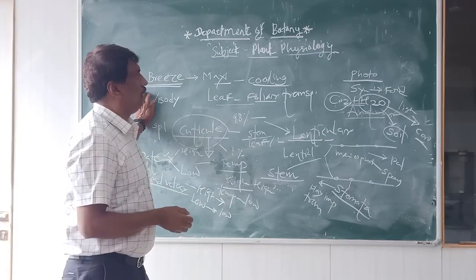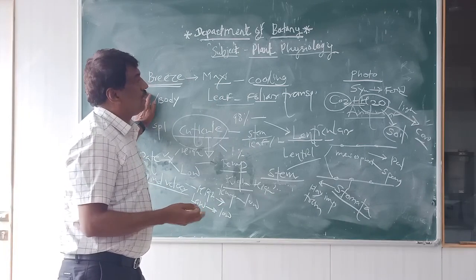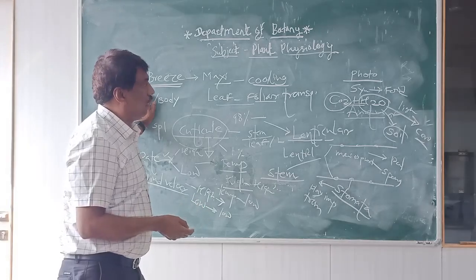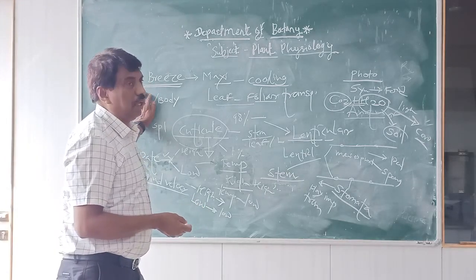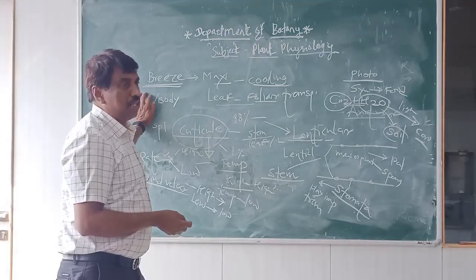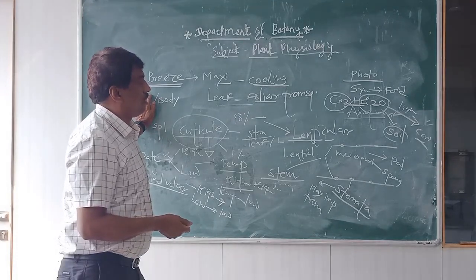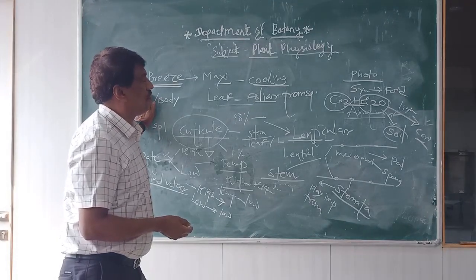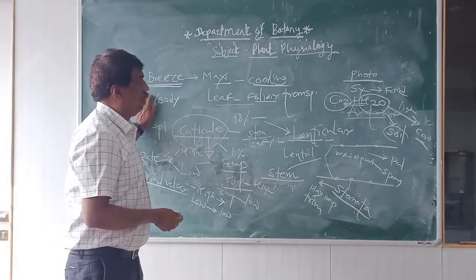There are certain plants in which the rate of transpiration is too high or extreme, whereas the plants which grow in scarcity of water, or the plants that grow in desert, in those cases the rate of transpiration is restricted. So in plant physiology, transpiration, respiration and photosynthesis, these are the three important metabolic processes which